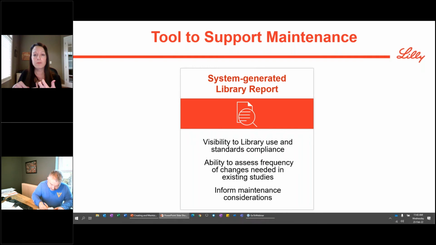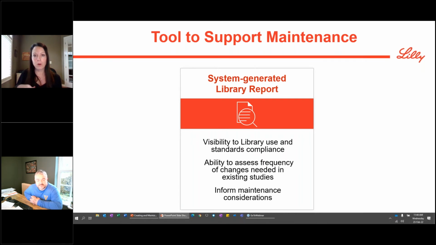So that helps inform us of, again, how are we doing? How many times are people changing elements or objects? It also helps inform if things are being created new, maybe we need to evaluate adding something into the library. And so those are some of those maintenance considerations I have here on the slide around thinking and how we use this. And then the last thing I'll say that we've really